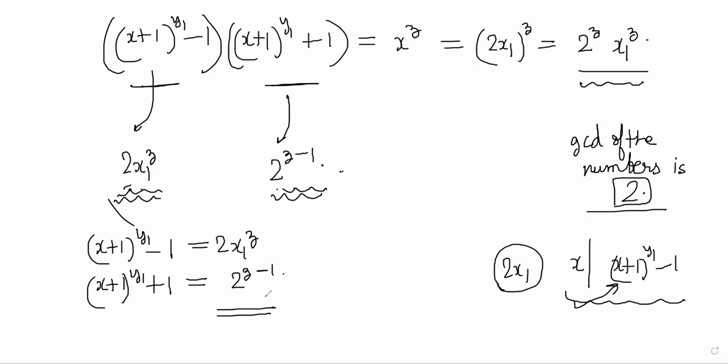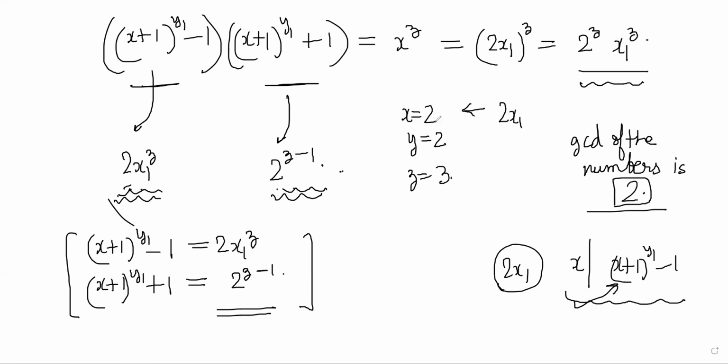Now we have xyz should be greater than 1. The only possible way in which this can happen is if you have the solutions 2, 2, and 3 for x, y, and z. Because in that case, if you take x as 2, y as 2, and z as 3,